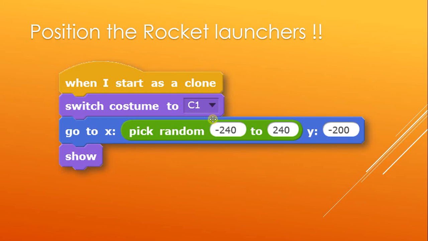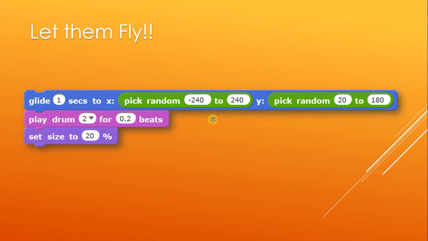So the next thing to do is make him fly. Must that connect to the bottom? Yep. Now this is all under your clone code, okay? So just keep building on the clone code, not on the when I click my flag code. Okay. So as you can see from this code, what we're basically doing is making him fly into the sky